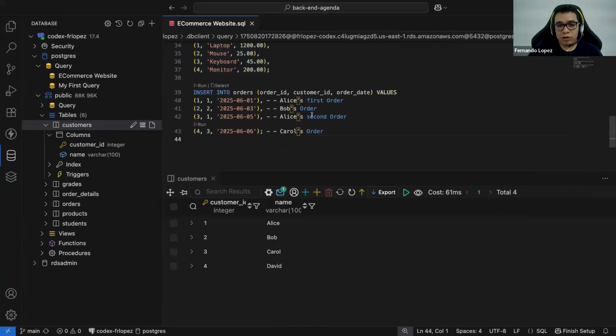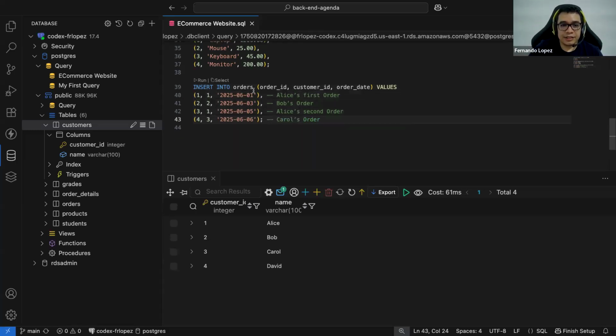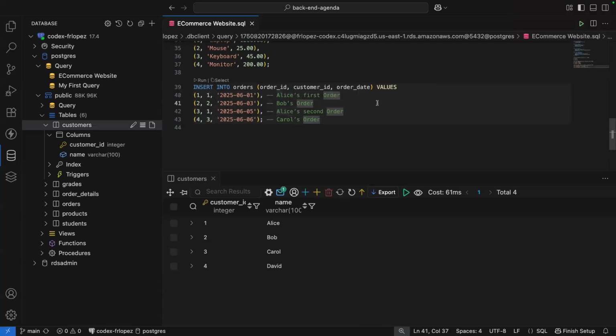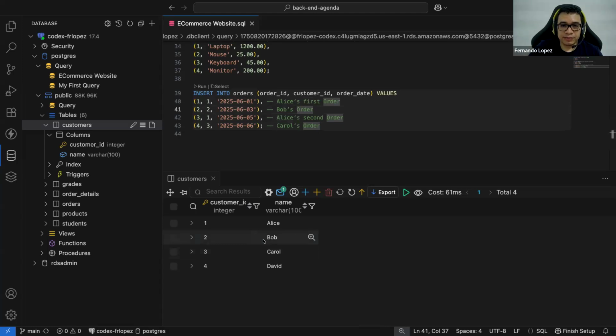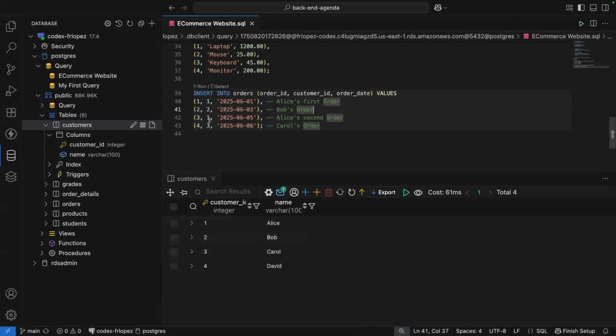In this case, these orders that I'm going to put here, the first order, as you see, is going to be the ID number 1, okay? And the owner of this order is Alice, right? Yes. Okay, now the second order, the ID number 2, the owner is Bob. The third order, the owner, again, I mean, in this case is Alice again. So Alice contains 2 orders. Does this make sense? Yes.